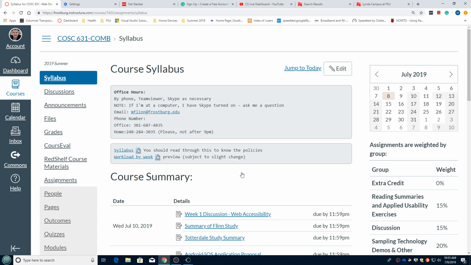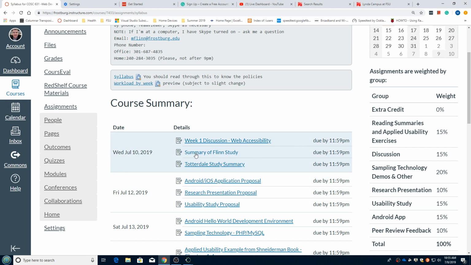Can you go to the spreadsheet for the workload by week? Yes, I can go over that real quick. It references Totterdale, I believe. Okay, so if we look right here in the beginning, one of the things you have to do is the summary of the Flynn study and the Totterdale summary. All right, so if we come out here